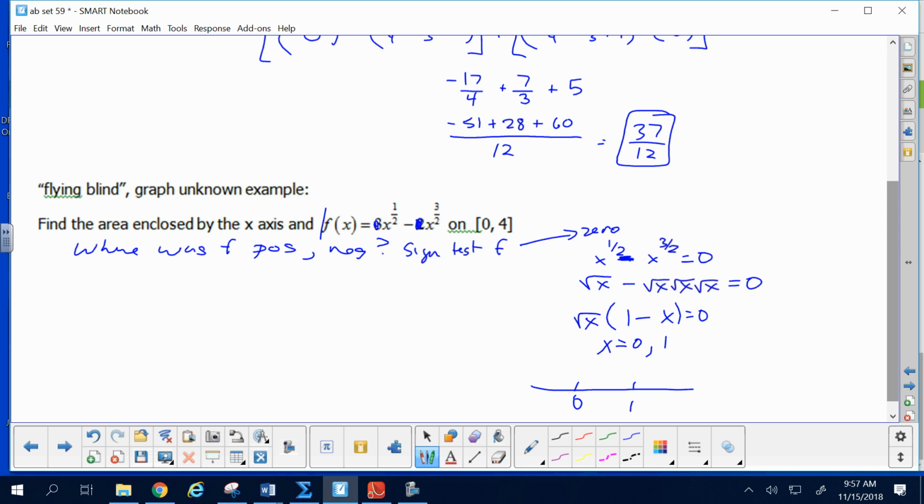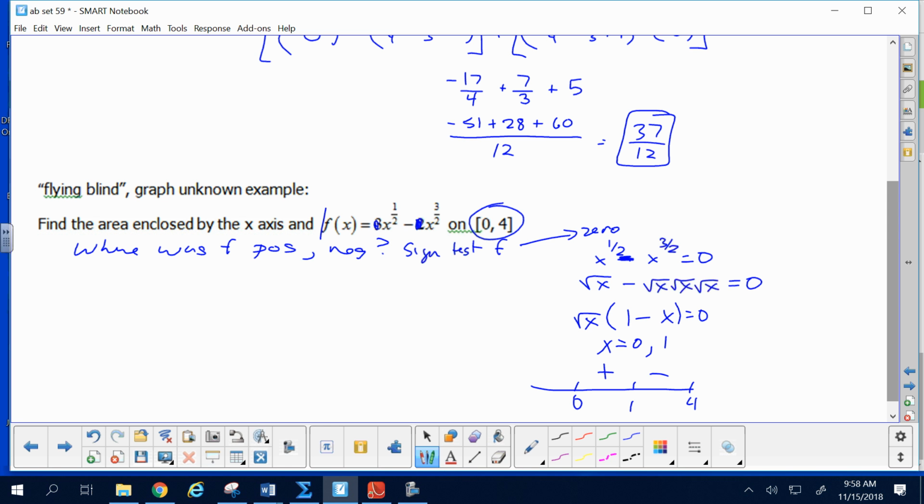0, 1, and 4. I'm stopping at 4 because I'm on 0 to 4, right? They only said look in this interval, yeah? So from 0 to 1, positive or negative, like at 1/2? Positive. And from 1 to 4, negative. Okay? So if I want to find the total area under the curve, this has positive y values,